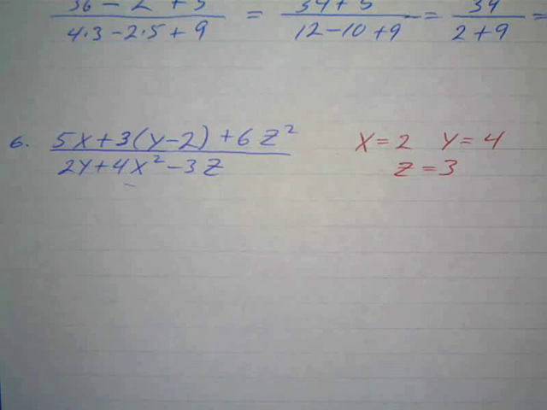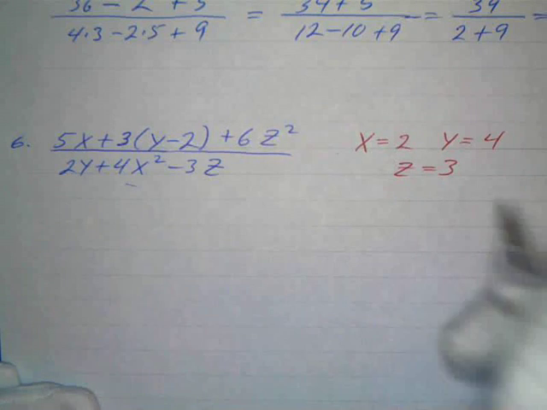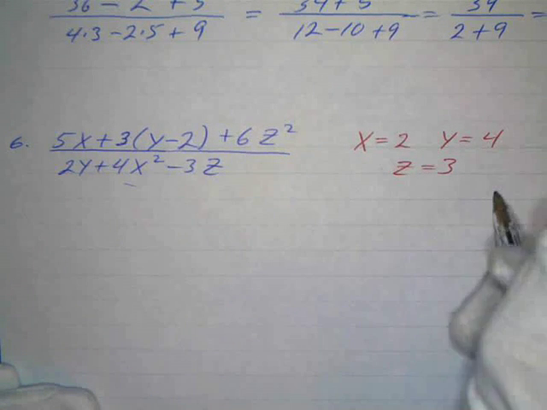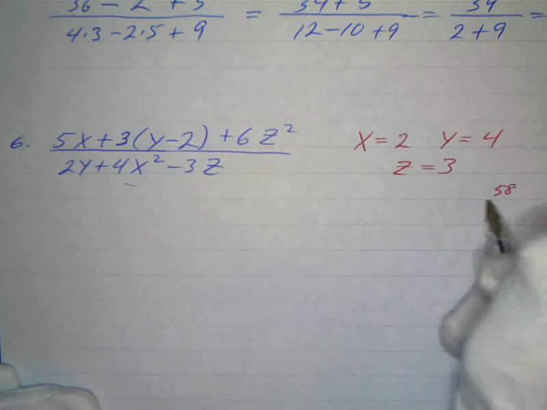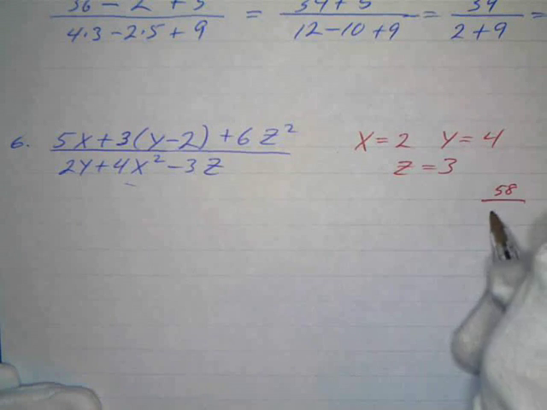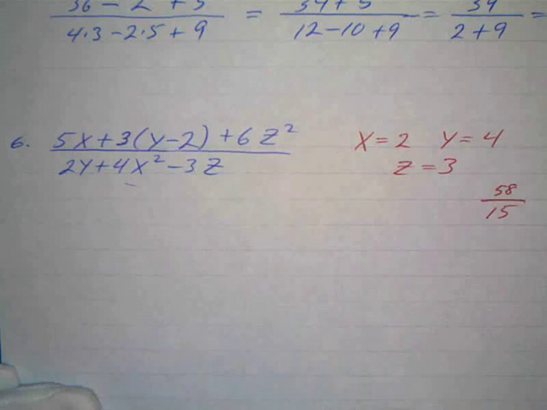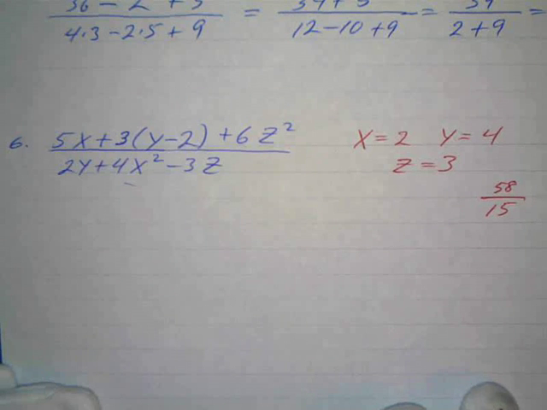Okay, hopefully you paused this and you got it done, and the answer I got for this was 58 over 15. And I couldn't really reduce that, so I kind of left it like that. So if you got 58 over 15, great, you're doing good. If not,